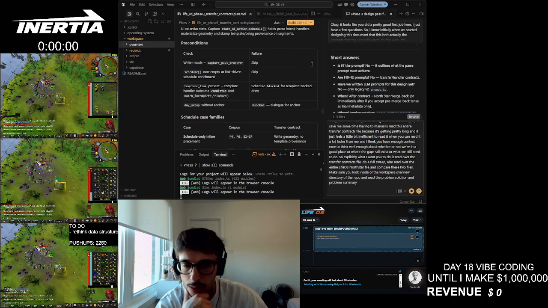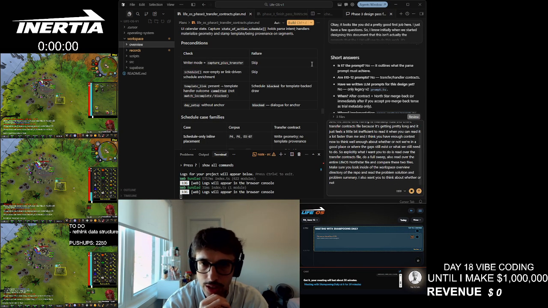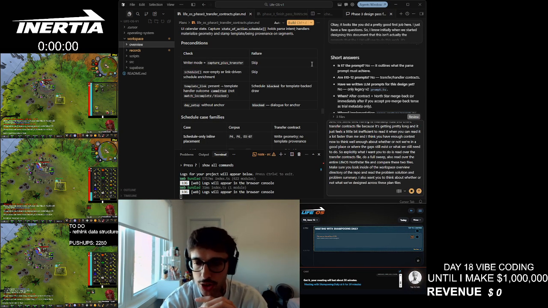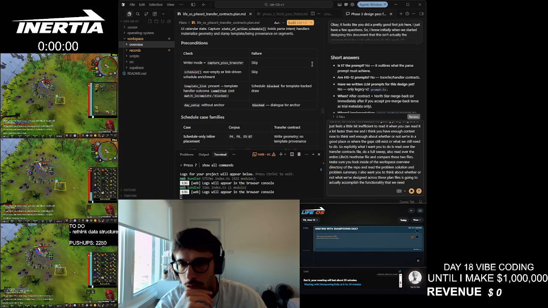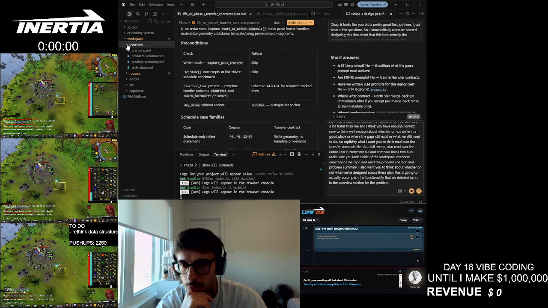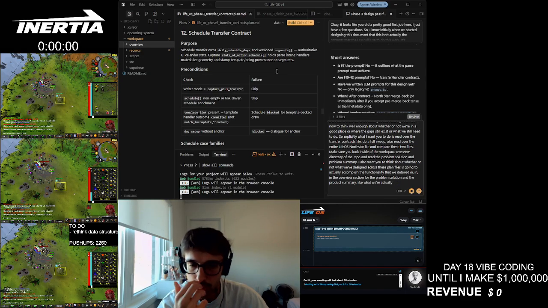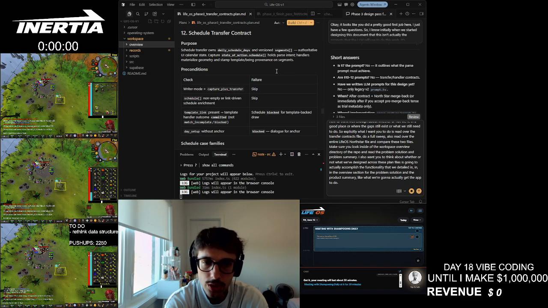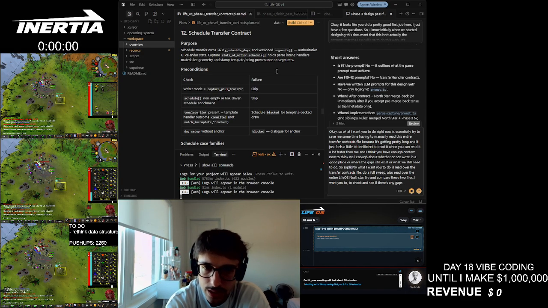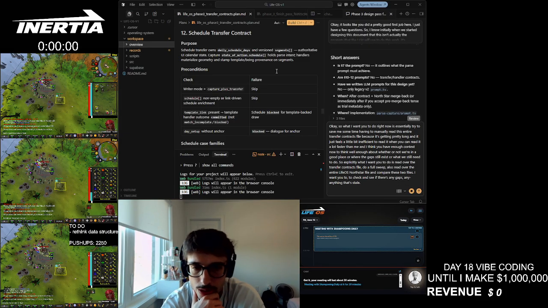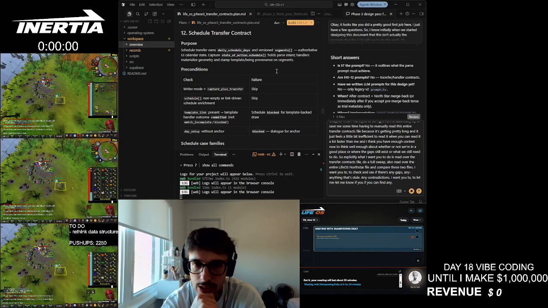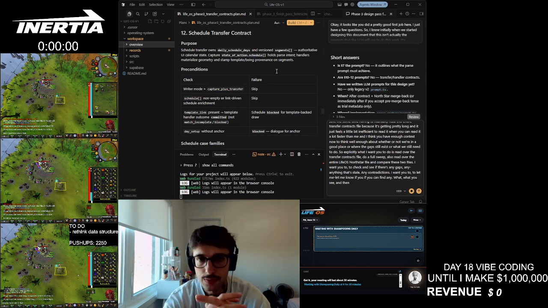I also want you to think about whether or not what we've designed across these plan files is going to actually accomplish the functionality that we detailed in the overview section for the problem solution and the product summary, like what we're trying to actually get the app to do. I want you to check and see if there's any gaps, anything that's stale, any contradictions. I want you to let me know if you can find any, what you see, and then explicitly for